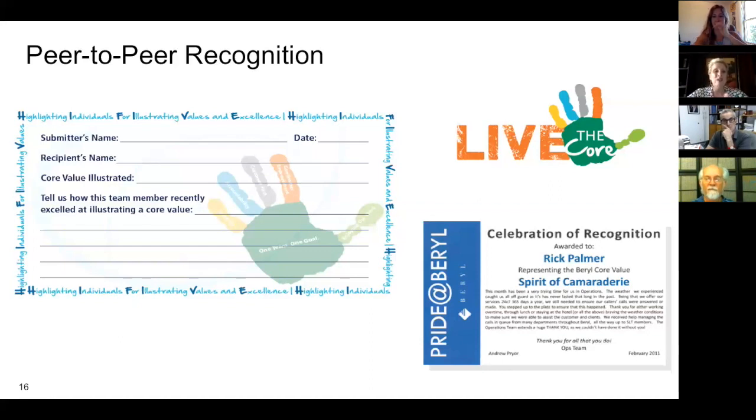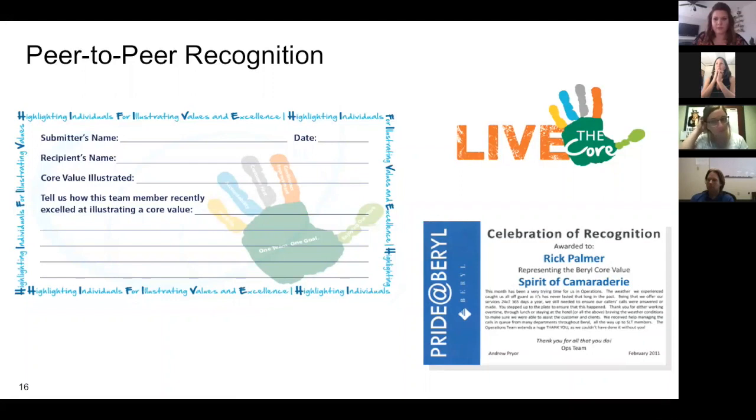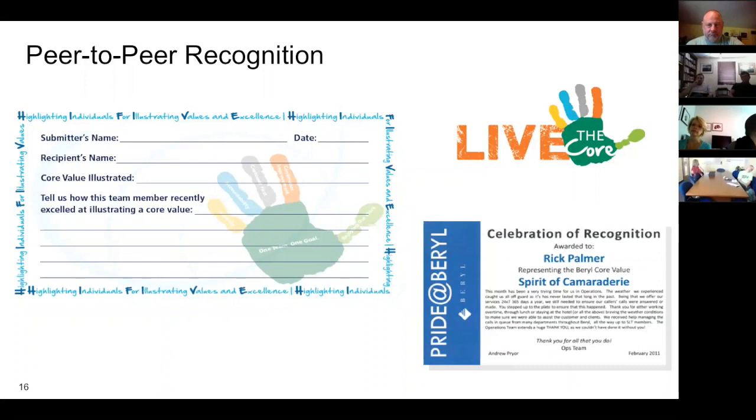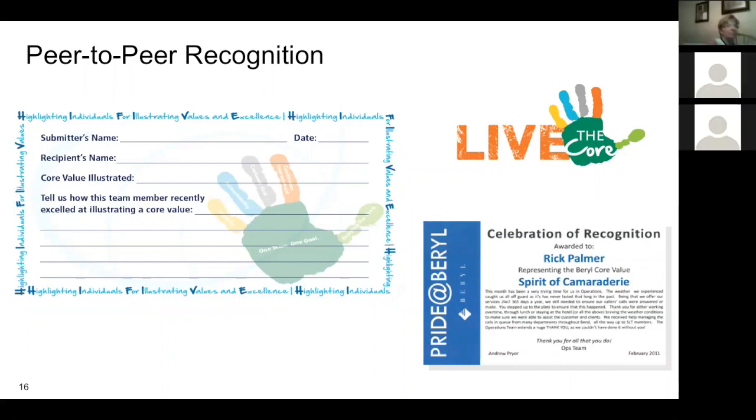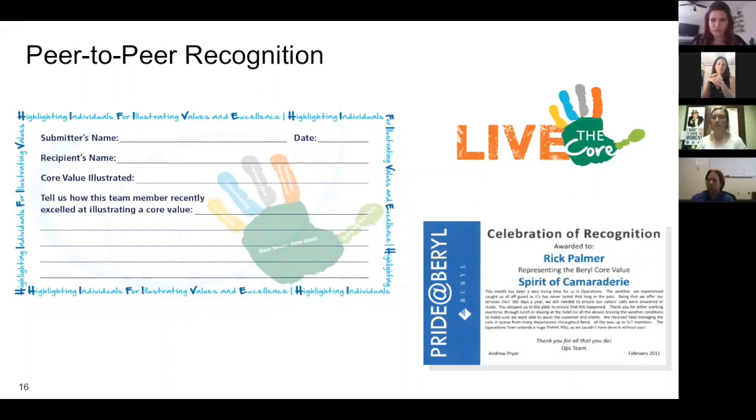So these are just simple slips. They talk about what core value that person represented, and they're distributed to that team member, but they're also displayed somewhere within the location. Right now, I've got about 500 locations across the country, starting to be UK and Canada as well, but we have a culture ambassador at each site, and they take the time to figure out what's going to be the most meaningful for their location.